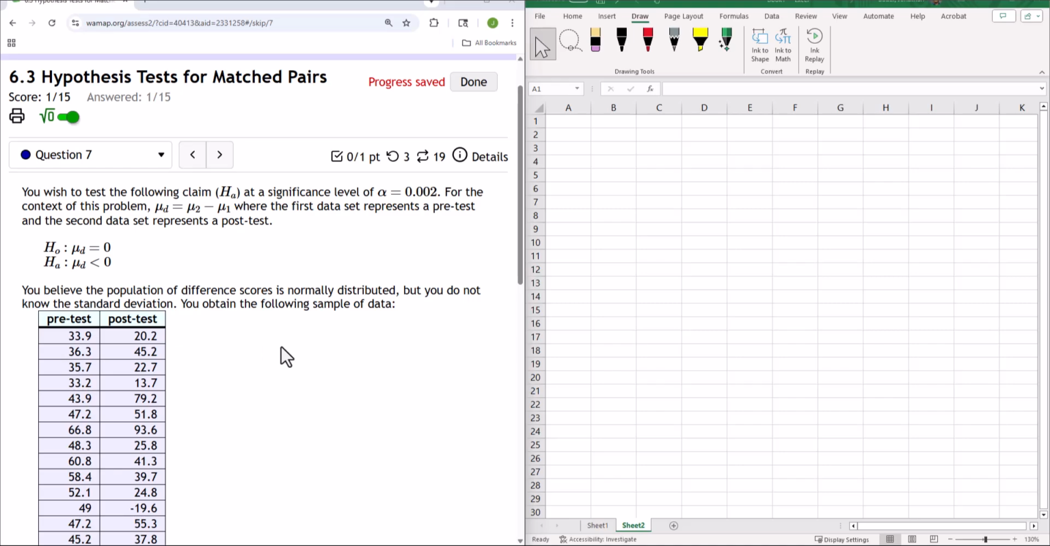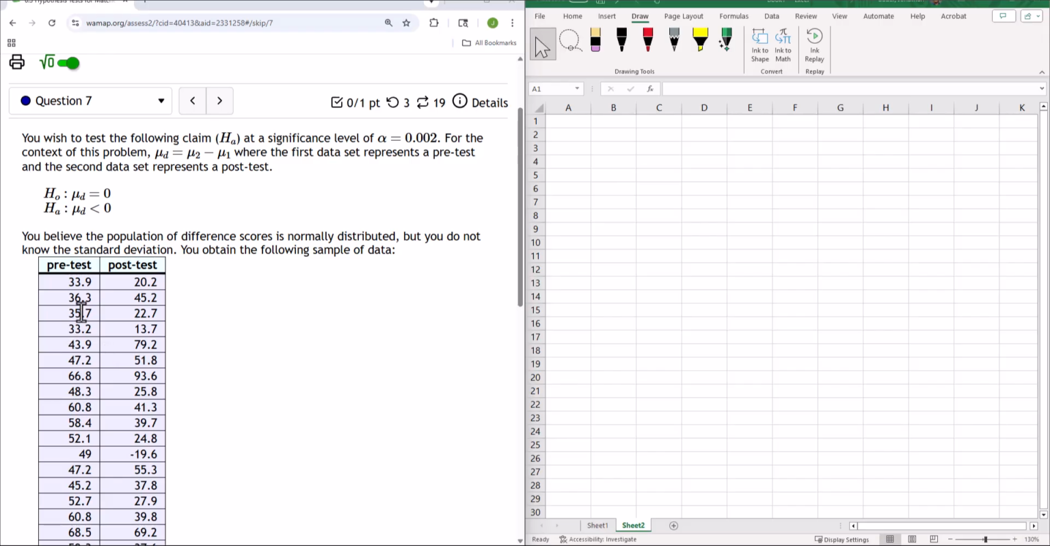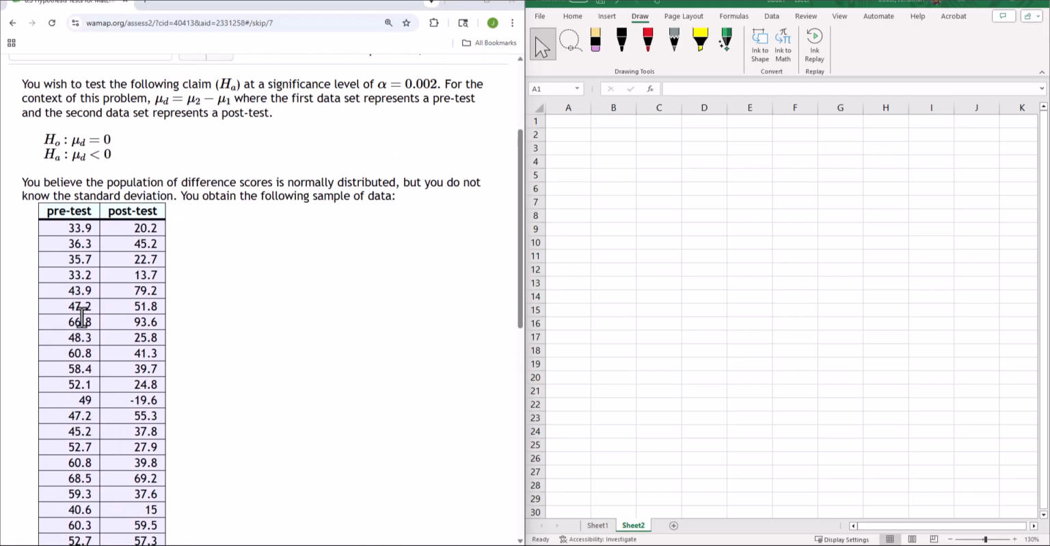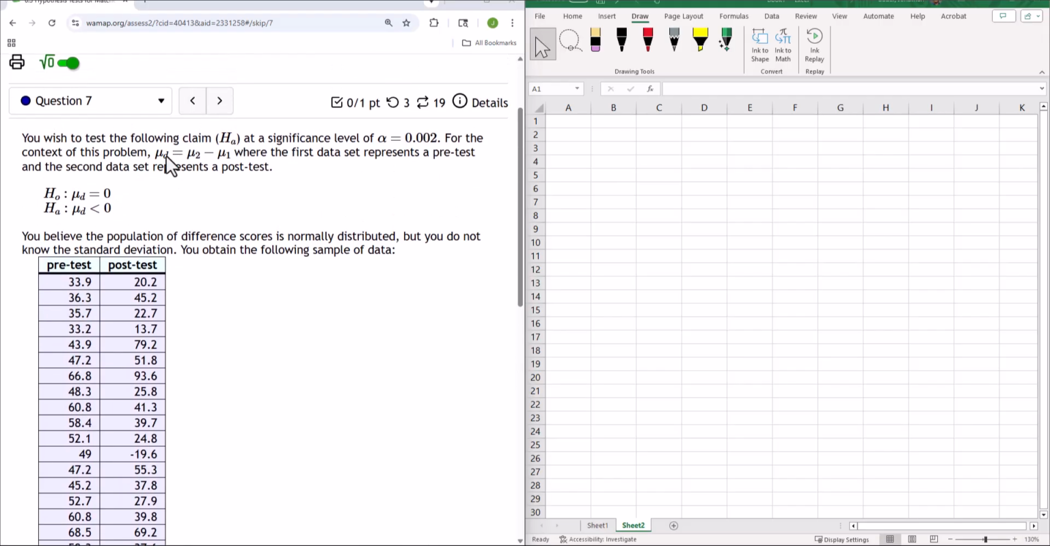All right, back here again, section 6.3, and I kind of zoomed through some questions here to get to some that have some data. So sometimes we're given the results and sometimes we have the raw data to look at. So on this one it says you wish to test the following claim at a significance level of alpha equals 0.002,